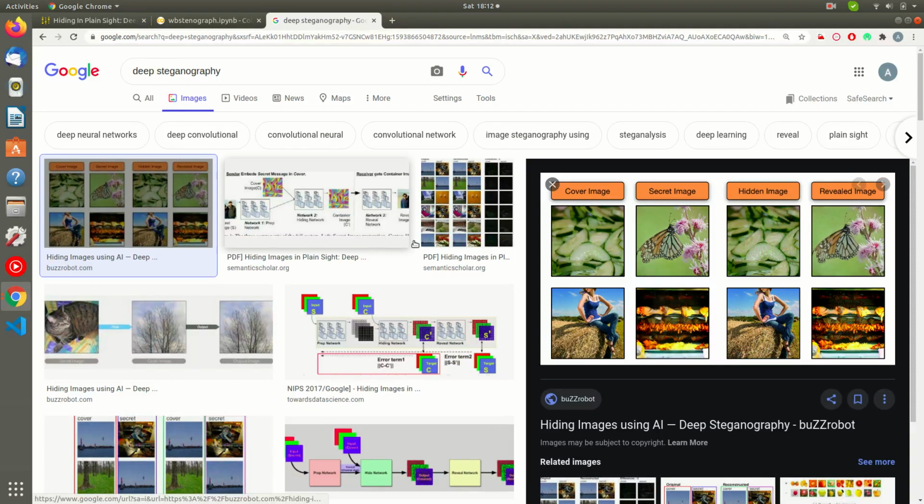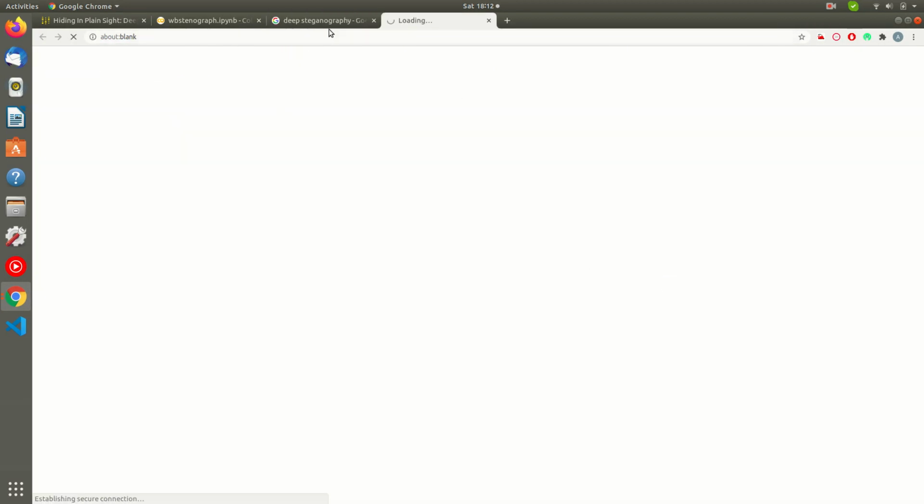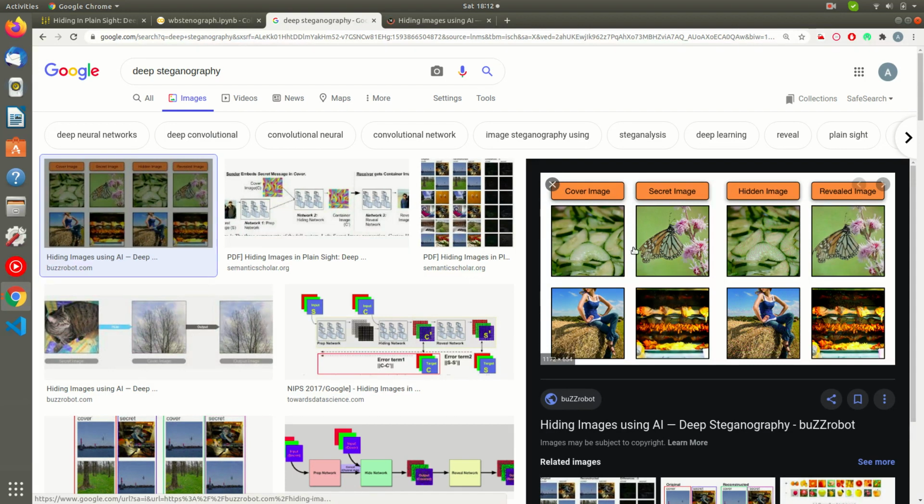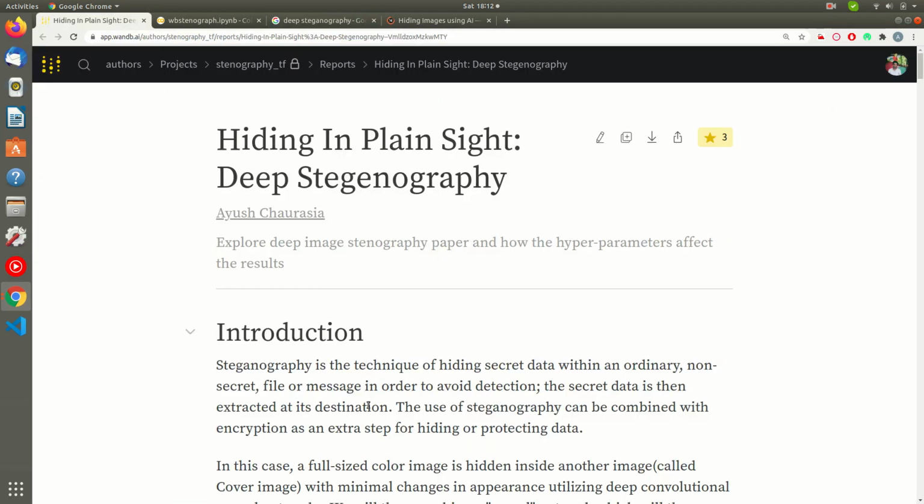Let's do a quick Google search here. So let me just open up this, or maybe it's visible. So let me just read this out. I have written this here. By the way, this is Weights and Biases Reports, which is a great way to combine beautiful visualizations with text and code. So the link is in description. If you're going to read or execute this along the video, I suggest you open that up in the